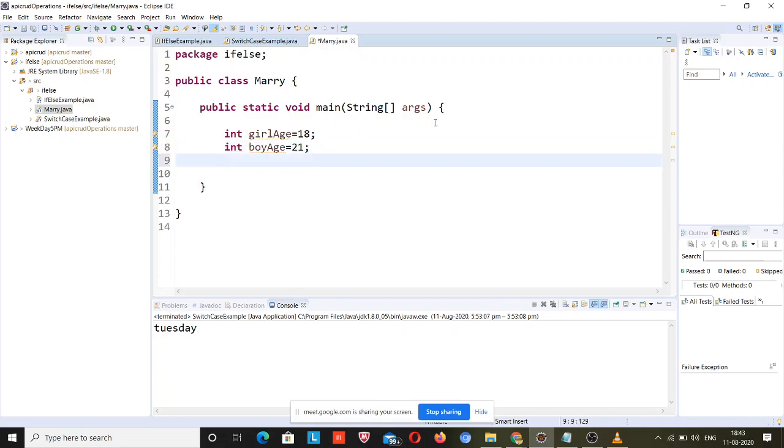So first I will check by applying the AND operator. For the AND operator, both conditions should pass.